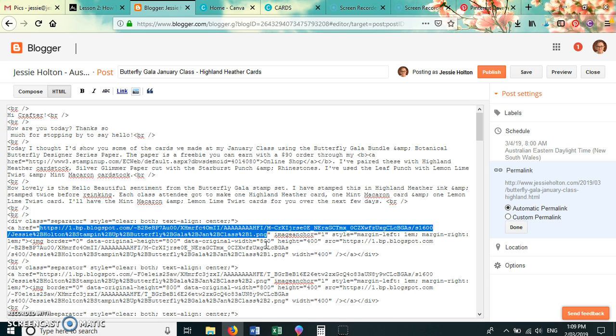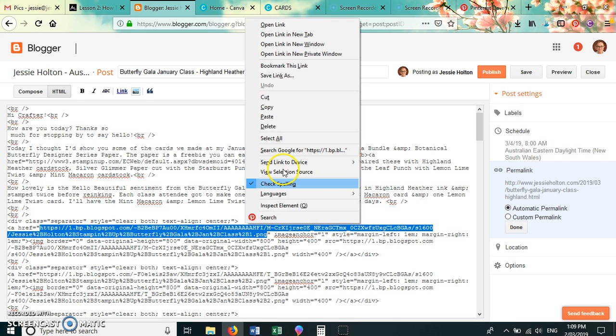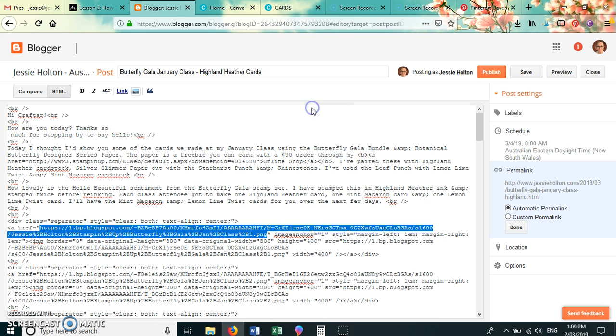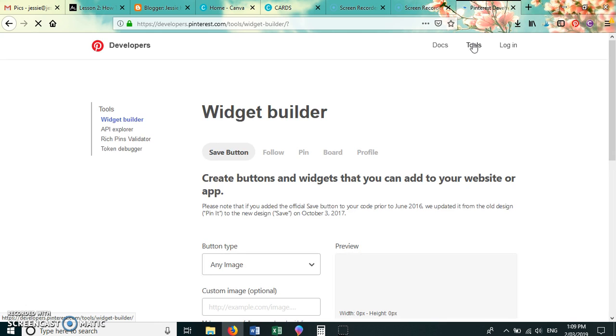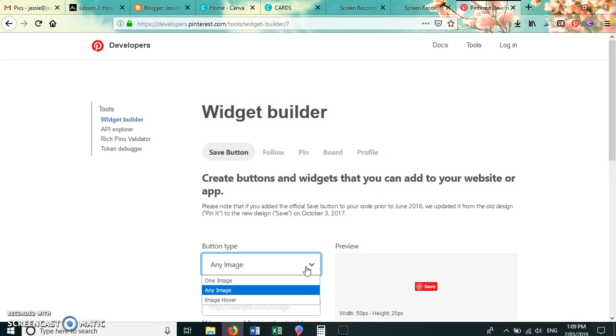So I'm going to copy this. I've opened the Pinterest developer, which is developers.pinterest.com. We want to go to Tools, and this is your widget builder. So you want to drop down and go 1 image,